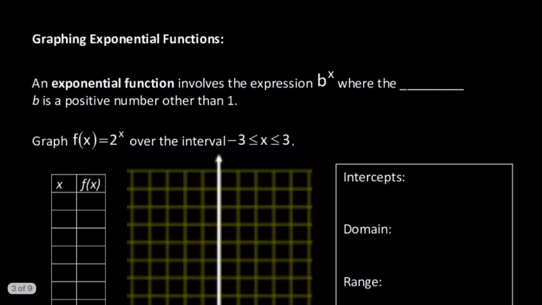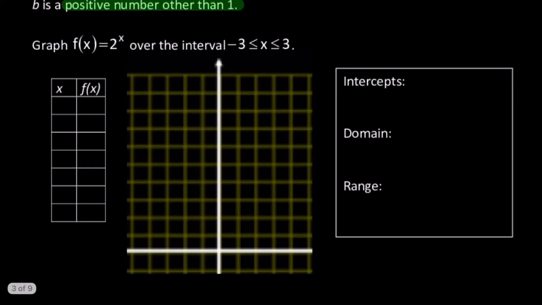Okay, what we're going to be doing today is graphing exponential functions without the use of a calculator. An exponential function involves the expression b to the x, where the base b is a positive number. So that's also important, positive number other than 1, because that'd be kind of pointless if our base was 1. So what I'm going to do very quickly here, if we start with f of x equals 2 to the